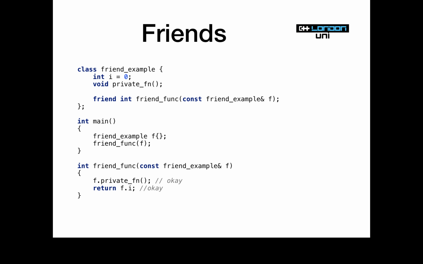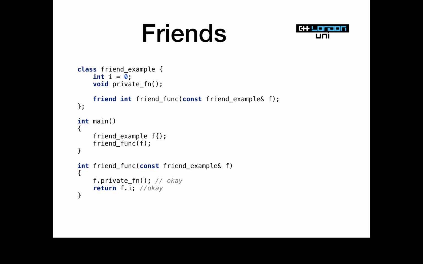So this thing of having private member functions and private member variables and controlling the access to them is often known as encapsulation or information hiding. It's a way of controlling and maintaining the invariants of a class. And so this friend functionality, in a sense, feels like it's puncturing a hole in that. But it's really not, because the only way to declare that a function is a friend is within our class definition. We can't, outside of this, declare anything to be a friend of this class. The only one who can decide who their friends are is the class itself.